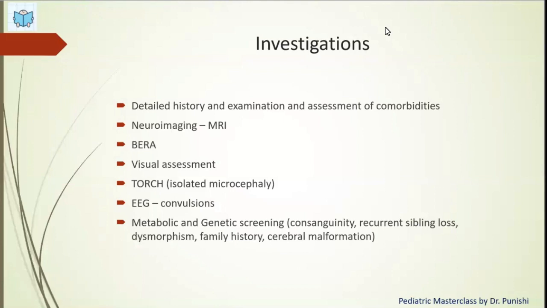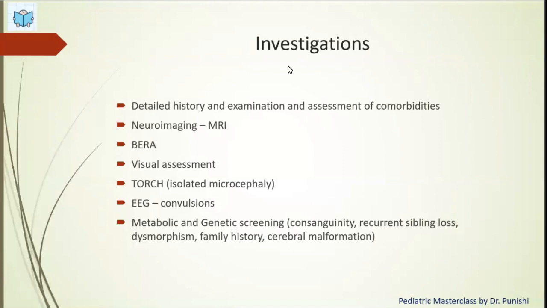BERA and visual assessment is something that needs to be done in every child with developmental delay. That's the next set of investigations. If you're suspecting TORCH, say if you have a significant antenatal history, and along with that you have other findings of TORCH infection, so there's cataract, congenital heart disease, let's say if you're suspecting rubella, or if there's chorioretinitis, then you're suspecting CMV or toxoplasmosis, or if you only have isolated microcephaly, then you might work up for underlying TORCH infections. If the child has convulsions, then you will obviously do an EEG